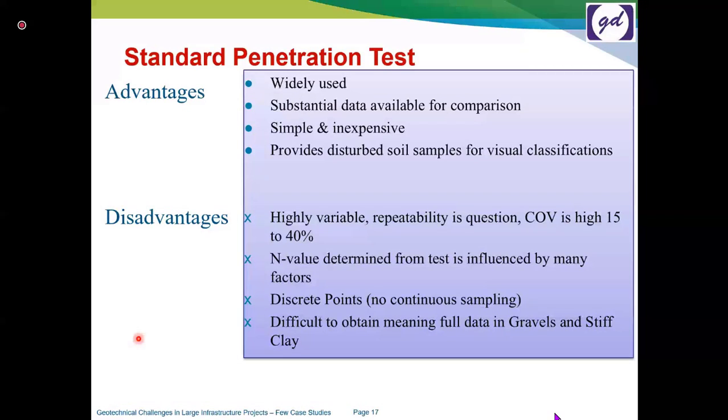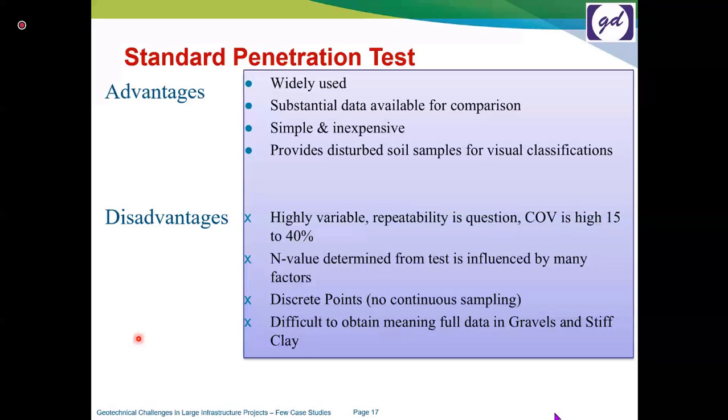Substantial data are available for comparison. If we compare older soil investigations to the new soil investigations, probably we will have some data in the nearby region in the form of SPT values, so that we can compare the present outcome with the older one. It is simple and inexpensive, that means it is a very cheap test compared to other sophisticated tests, and does not require very hi-fi machinery. Even today, there are some older Calyx machines available by which you will be able to conduct the SPT, and it provides disturbed soil samples for visual